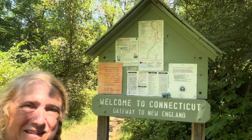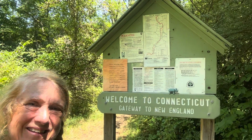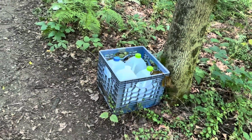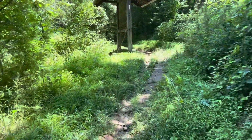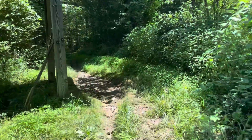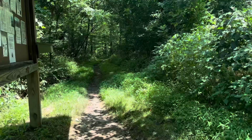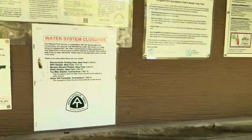Rosie and I have made it to the border of Connecticut. More trail angels leaving water. Very much appreciated. Especially because they have closed down wells in this area. They say that they cannot be assured of keeping them to safe drinking standards. Right here's a